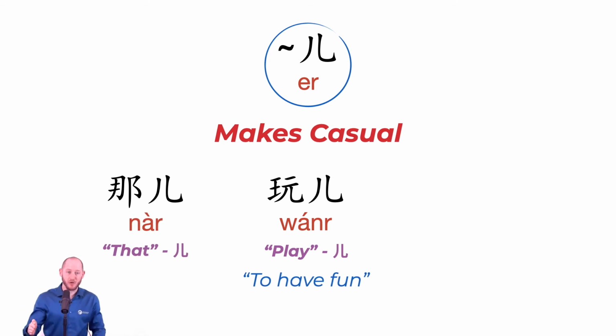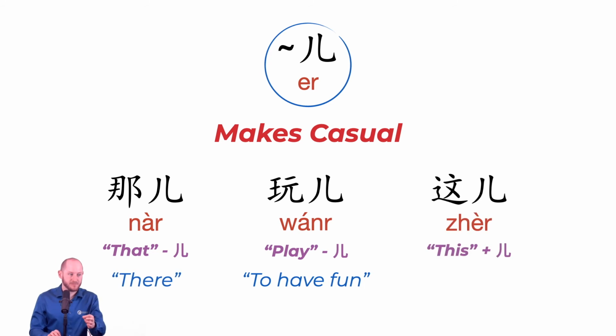But this is the only verb you're going to see that has any kind of frequency with the R change. And also, I'm sure this is pretty clear from the first word, R, when it's a suffix like this, doesn't have its own syllable. It combines with the previous syllable and sort of changes how it sounds. So na changes to nar. And in this case, it actually changes the definition. Now, usually, if you say hua, for example, to mean flower, you could change that to huar, and all it's doing is just being casual and chill, right? But with na, that means that normally.